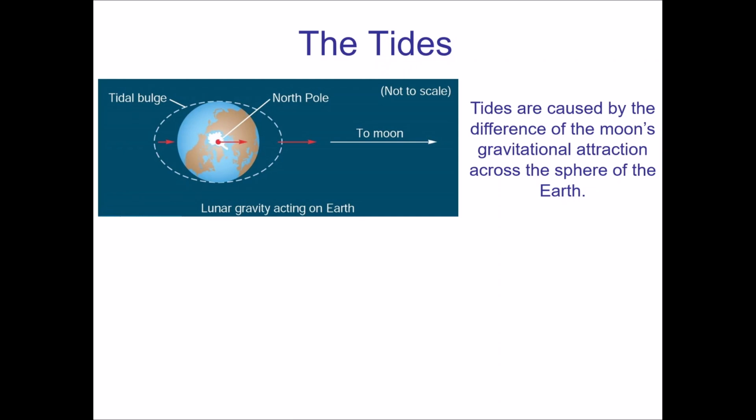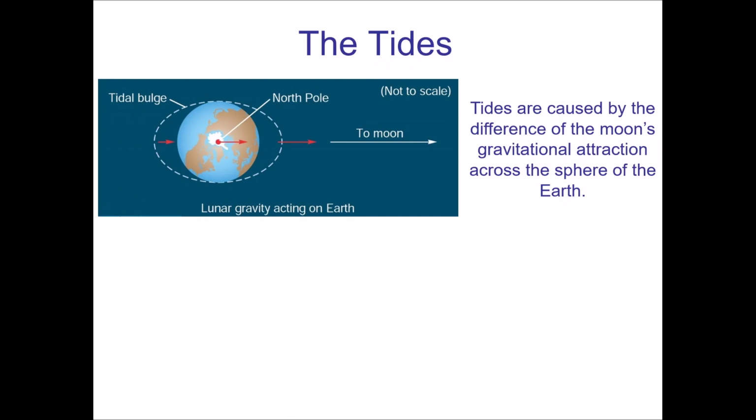This is a gravitational effect between the Earth and the Moon. Now, if you remember the law of gravity, it is an inverse square law. So there's a distance dependence on the law of gravity. Now, in the picture here, they show the Earth and the Moon is off to the right-hand side. The Moon, on average, is about 384,000 kilometers away. The Earth's diameter is just under 13,000 kilometers.